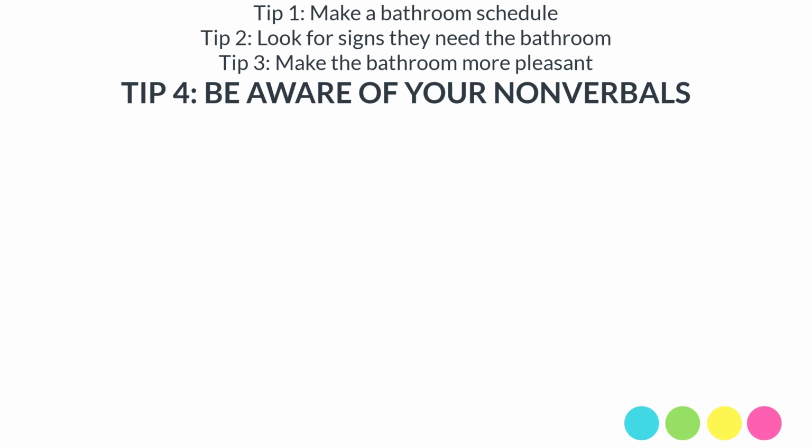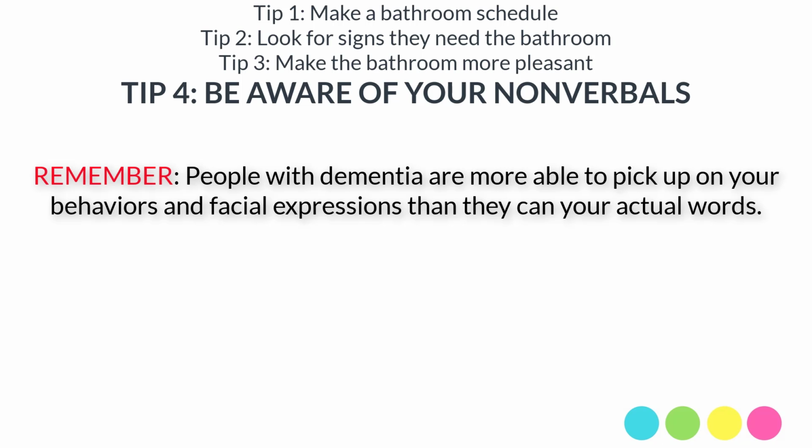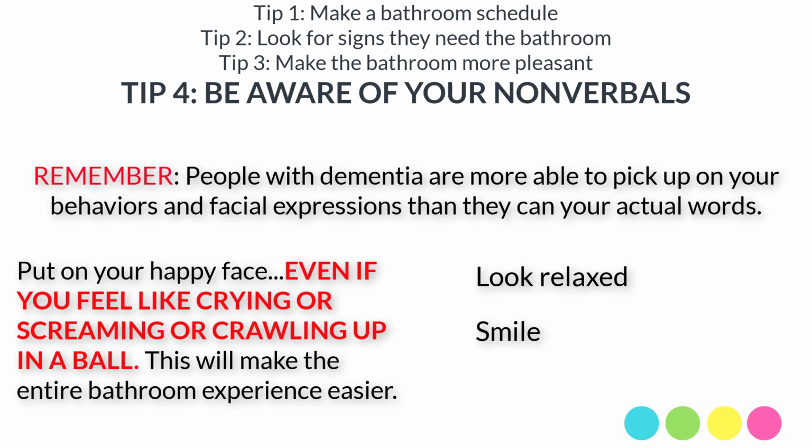Fourth, and this is a really important one, you want to be aware of your facial expressions and body language. As we've talked about before in my past videos, people with dementia oftentimes rely more on your facial expressions and nonverbal behavior than they do your words. So when you are in the bathroom, as much as possible, try to appear relaxed, try to appear comfortable, smiling, having a friendly face. These can really go far in helping your loved one not be so resistant and scared